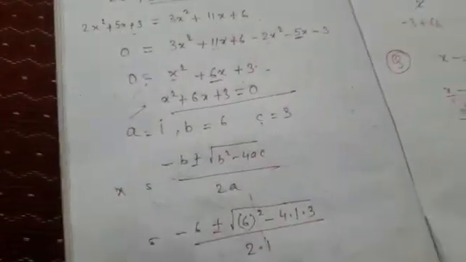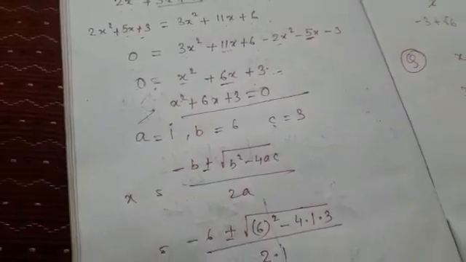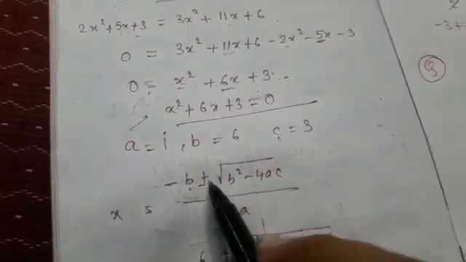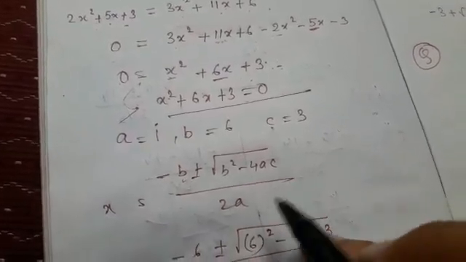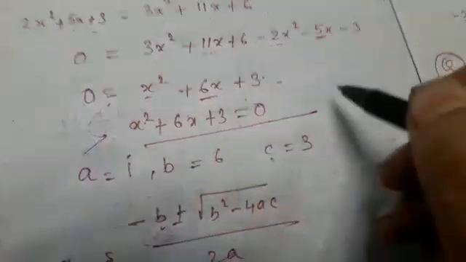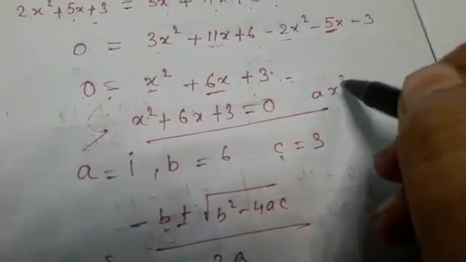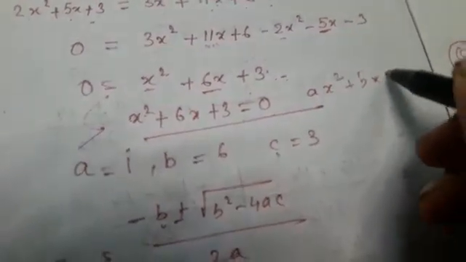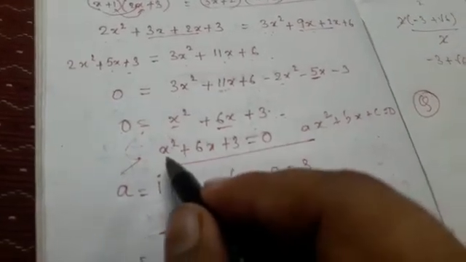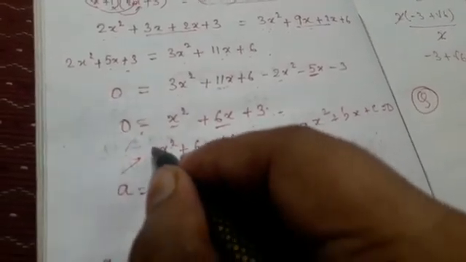Now we will use our formula of Sridhar Acharya, which we have learned yesterday. What is the formula saying? X equal to minus b plus minus root under b square minus 4ac by twice of a. Now if you compare this equation with your general equation, that is ax square plus bx plus c is equal to 0, you will get the coefficient of x square, which is a. So here see the coefficient of x square, that is what, 1.